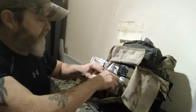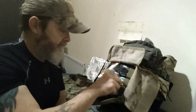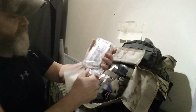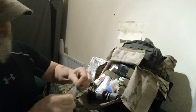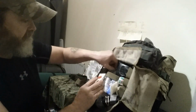Again, a lot of the stuff you'll need to know what you're doing. But the first thing you should come across is the pair of latex gloves. And if you're dealing with any medical situation, the first thing you do is glove up, because of cross-contamination and all that. And in the pack I also have little non-woven gauze, steri strips. And I also have in this extra little pack some of the normal little gauzes and stuff, alcohol-free wipes, and I have a little suture kit. Now, I can't see myself being on the ground doing the John Rambo and stitching my own wounds up, but someone else might need it, or if I do, you never know. Look, it's there. I'm not bringing everything with me out of a big medical kit, but there's enough there to cover everything. Scissors, surgical scissors, surgical tape,